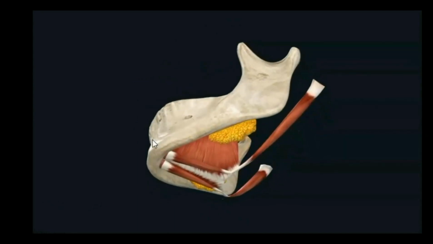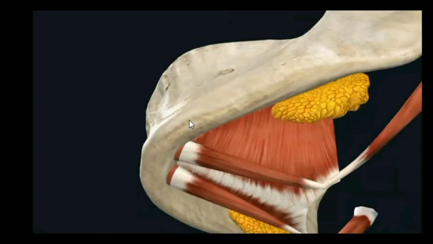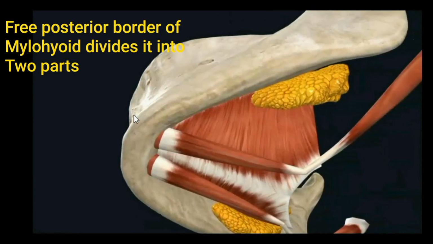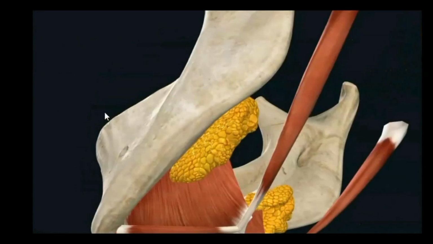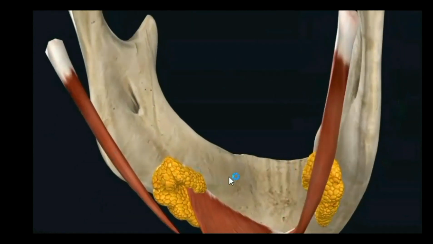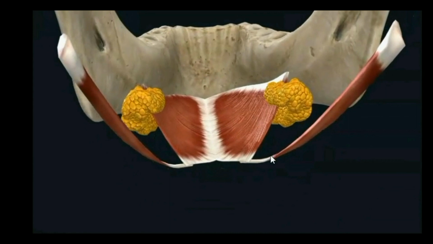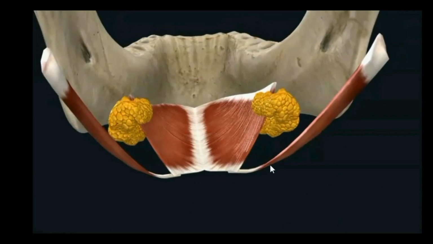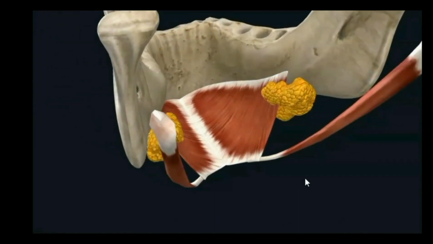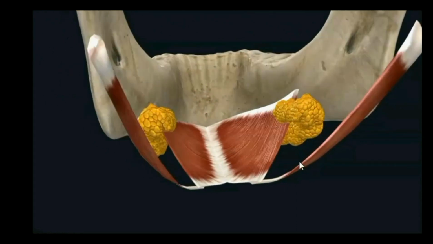Both of your thumbs are on the upper surface of the book, whereas the remaining 4 fingers will be below the book. Like that, it is lodging into the free posterior border of mylohyoid, which divides the gland into a larger superficial part and a smaller deep part. Both are continuous with each other behind the posterior border of the mylohyoid muscle, and some part of the gland, the smaller deep part, is encroaching on the upper surface, whereas the large superficial part is lying below and lateral to the muscle.